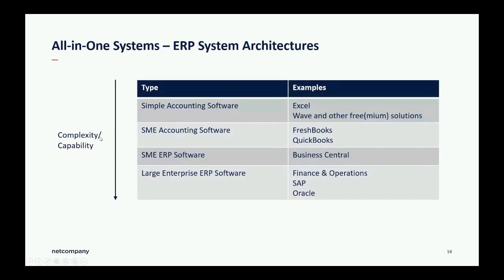I've organized this in two ways. First of all, in terms of the complexity, and in terms of the capability that increases with the size of the system. So you might have something that is a very simple accounting software, like you can even do it in Excel, or you might have Wave or another type of freemium solution for very small organizations. Then you have